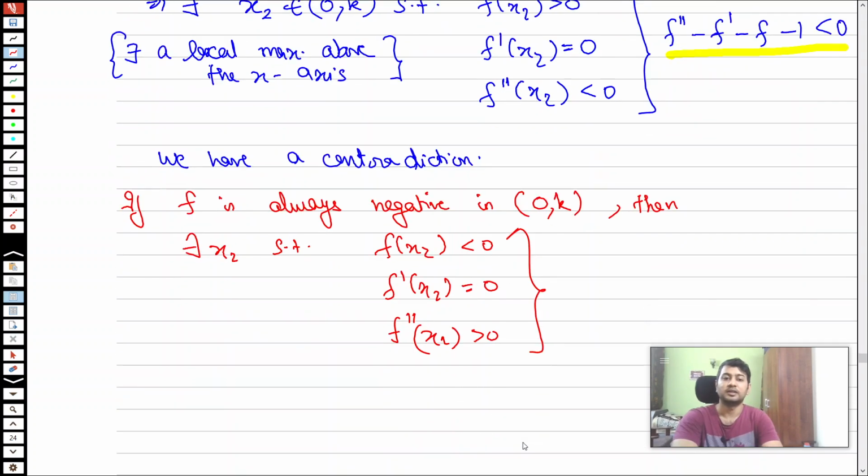So if I apply these properties to f double prime minus f prime minus f minus 1,